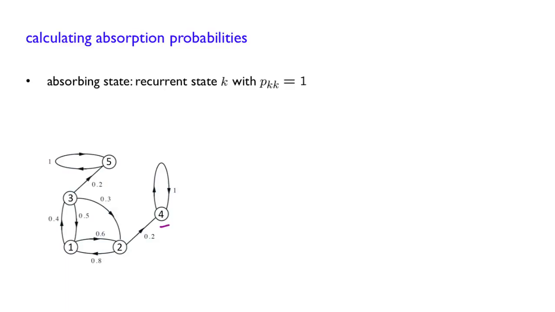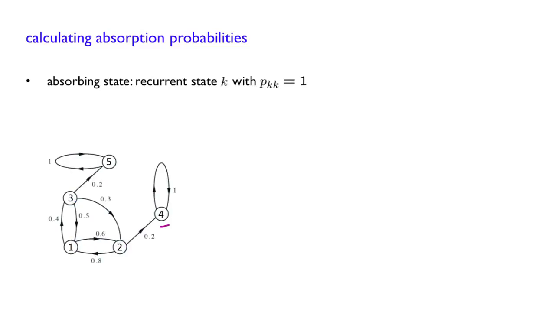First, it seems plausible that this probability of ending in 4 will depend on where you started. If you start in 2, you probably have more chances of getting to 4 than if you started from 3. Because if you start from 2, at the next step you have immediately the chance of getting to 4. But if you start from 3, there is some chance that you will go to 5 and never go to 4. Or you will have to go through 2 in order to get to 4 anyway. So it looks like the probability of reaching 4 given you started from 2 will be bigger than if you started from 3. Now from 1 it's unclear.